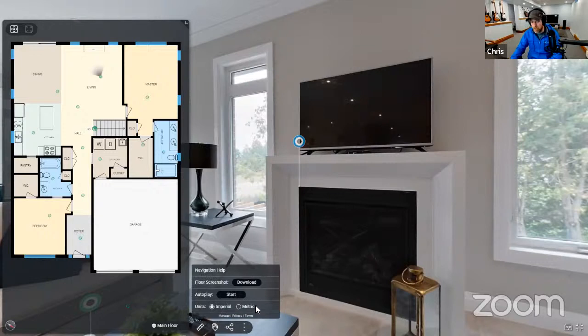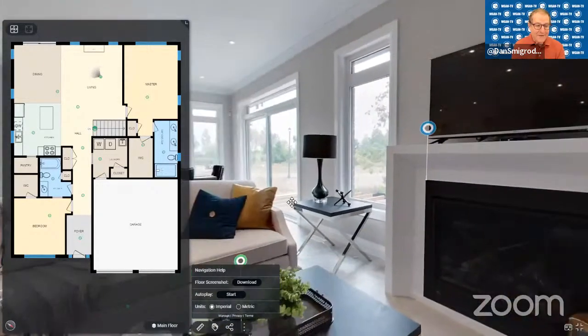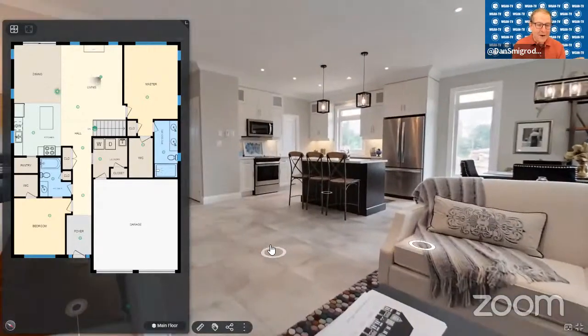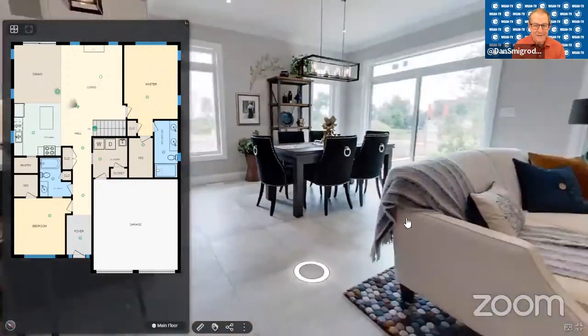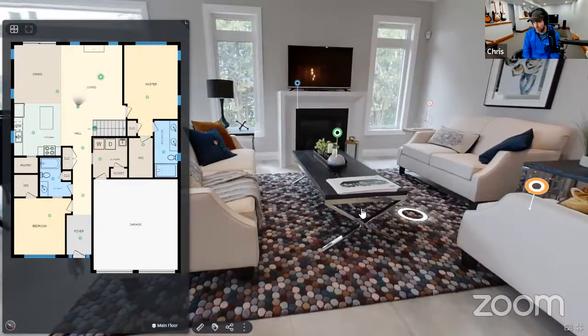And then you've also got units, imperial versus metric. It's very uncommon for people to change this on the fly because typically whatever region you're in, it's going to be pre-configured. You're going to set it to metric if you live in Europe or Canada. Okay, imperial being feet and inches, and metric. So if you were measuring in the mini map, the interactive floor plan on the left, you could specify whether you wanted feet and inches imperial or you wanted it in metric. Yeah, that's critical for people to use the tour in different regions.